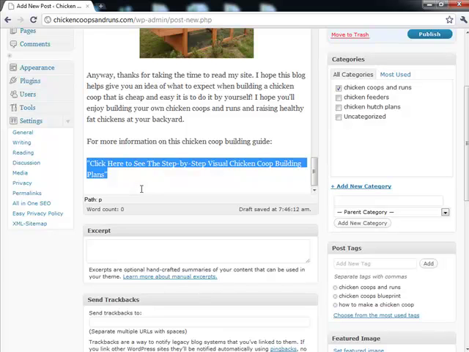Just to do a final check, make sure you have your categories selected with the relevant text inserted. Of course, do not forget your very important All in One SEO Pack. Make sure the title, description, and keywords are inserted. Once it's all done, let's hit the schedule button. Alright,